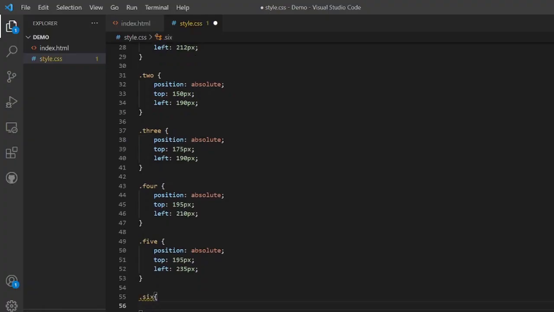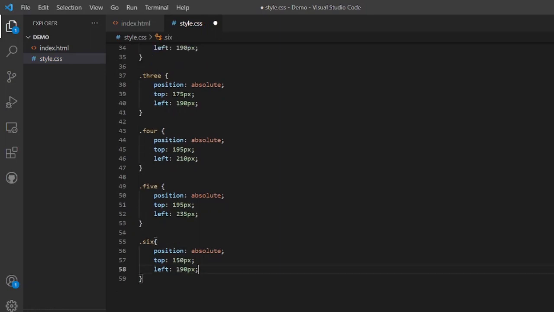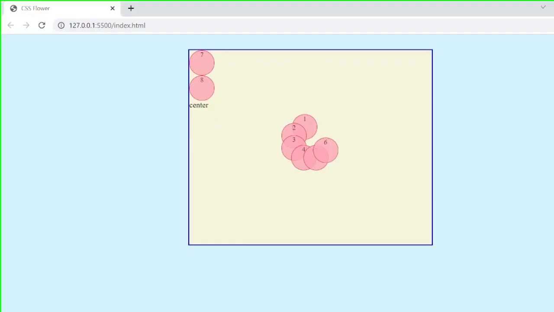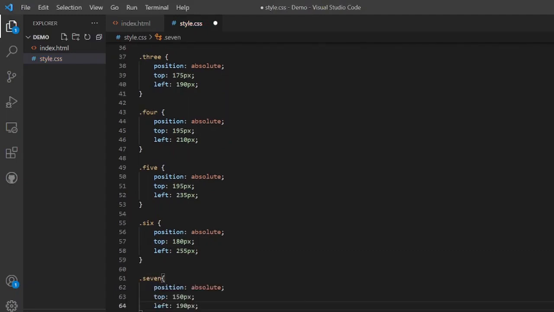For 6, we change the coordinates again, it would be 180 and 255. So the 6 has been placed, and for 7 it would be 150 and 260, as simple as that.